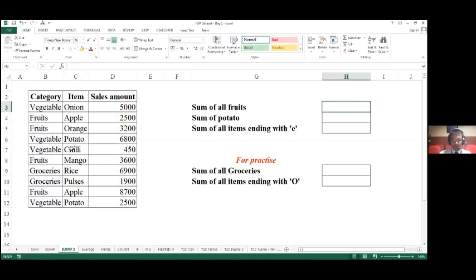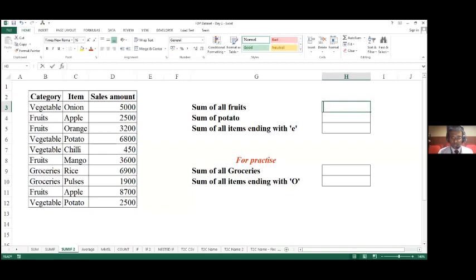Here, my scenario has changed. My requirement has changed. In this case, I want Excel to look through the category, the first column, which is the B column. It has to identify the category fruits, then look into the corresponding sale amount, total these up, and give me the total. So my requirement here has completely changed, unlike the previous example of SUMIF. The way I'm going to apply SUMIF is slightly different from how I had applied it in the previous case.